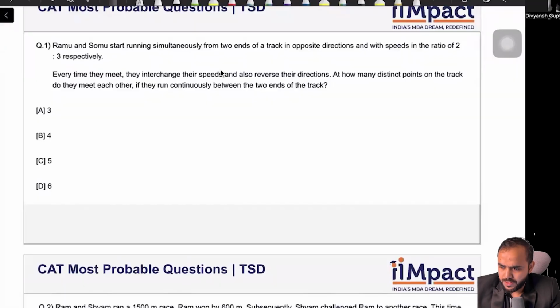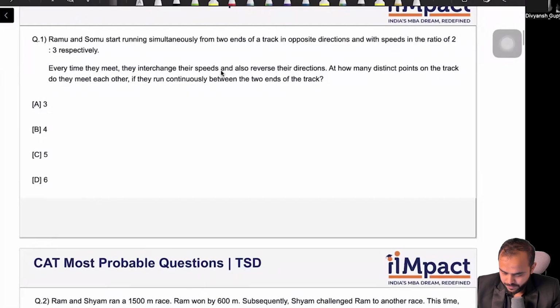Alright, question number 1. Ramu and Somu start running simultaneously from two ends of a track in opposite directions with speeds in the ratio of 2 is to 3. So we'll quickly make the diagram. Ramu and Somu, and their speeds are 2 is to 3. Every time they meet, they interchange their speed and also reverse their direction. At how many distinct points on the track do they meet each other if they run continuously between the two